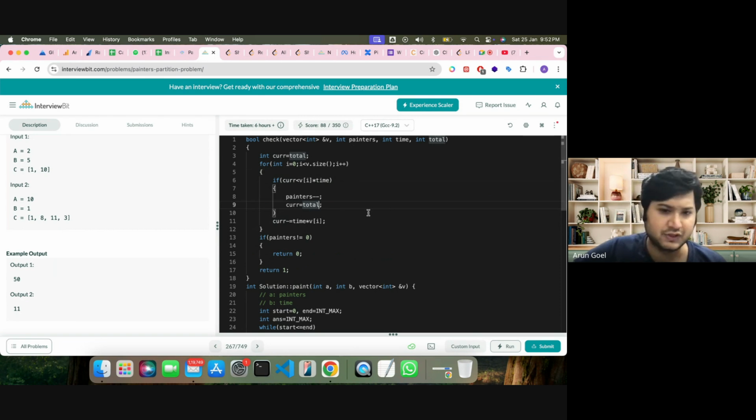करंट इक्वल्स टू टोटल, ठीक है, करंट माइनस इक्वल्स टू टाइम इनटू v ऑफ i।